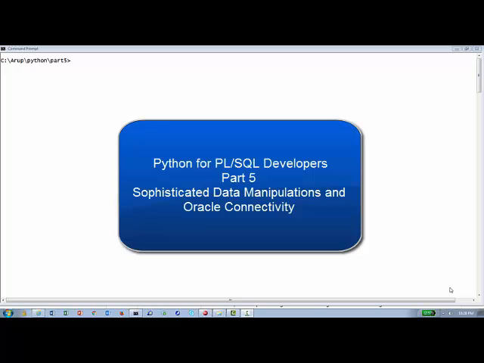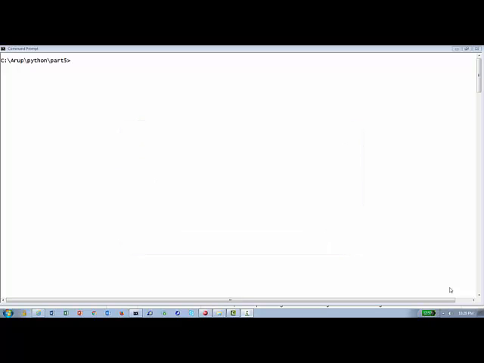Remember, modules are very similar to PL/SQL packages. These modules are available, you just have to install them and then start using them. So today we'll be talking about some of these modules for data crunching. Specifically, we will talk about NumPy,